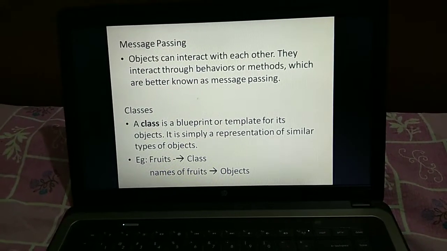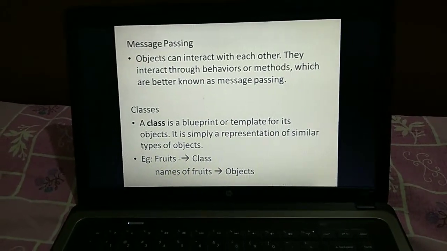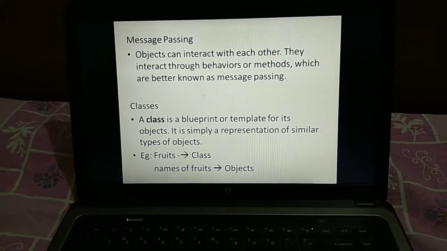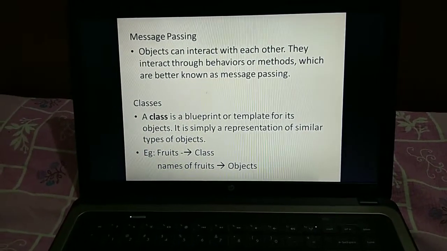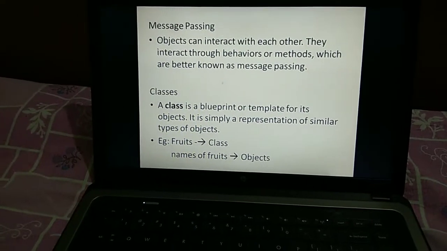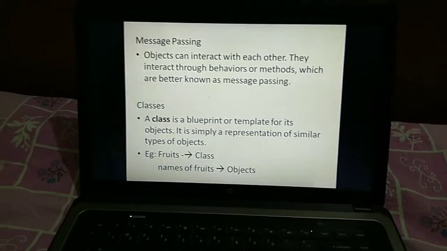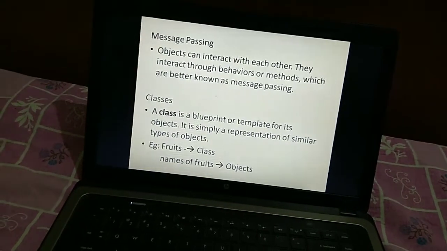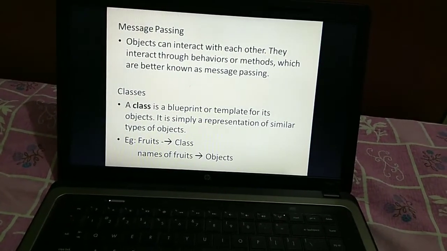Okay, so here I have mentioned the example called fruits. Fruits is the class name, and names of the fruits can be considered as objects. Any doubt over here? Okay, so I expect that all are clear with this topic.